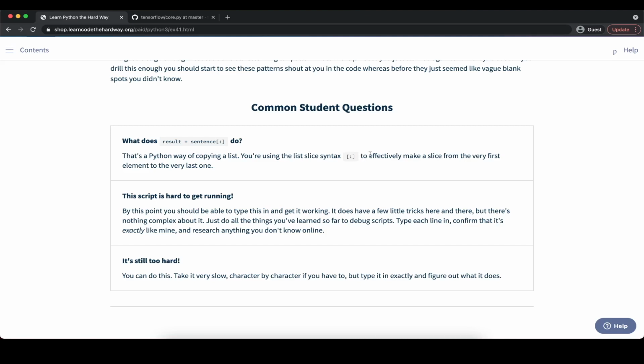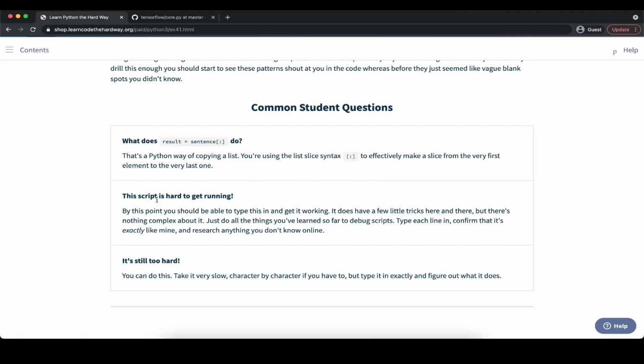So if you wanted to slice not the entire list, but certain elements of it, then of course we would, in front of the colon or after the colon, enter the specific index numbers to basically specify from where to where we want to actually slice our list. But if we don't add that, then we basically take the entire list and we copy it, in this case assigning it to the result variable here.